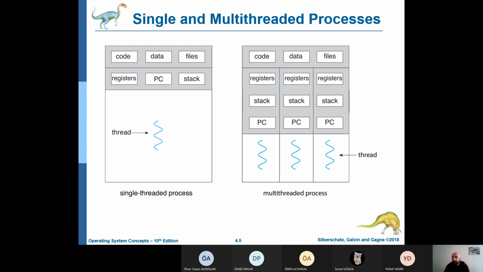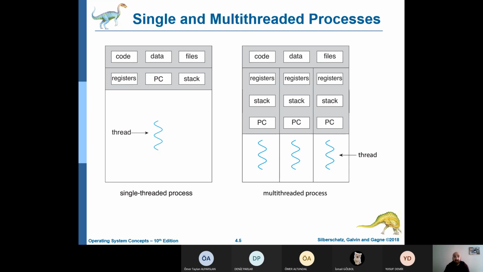So as you can see from this figure, on the left-hand side, we have a process with just a single thread of control. On the right side, we have a process with three different threads. As you can see, the threads of control share the code, data, and file sections of the process, but they have their own registers, stacks, and program counters.